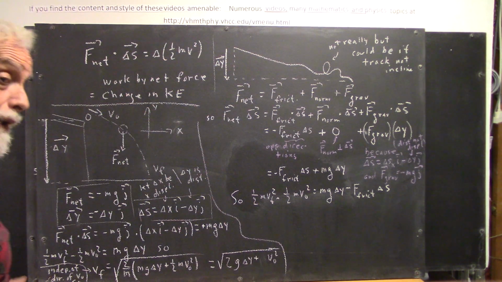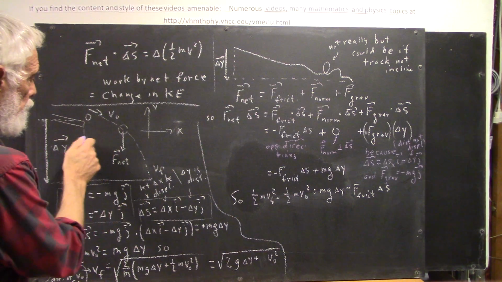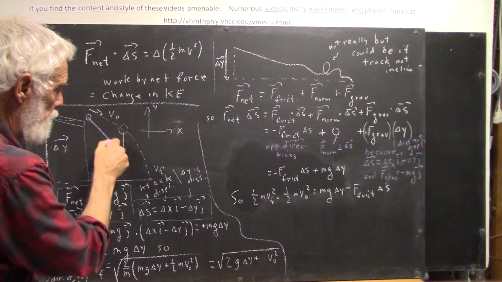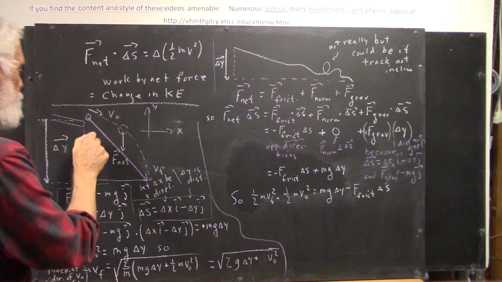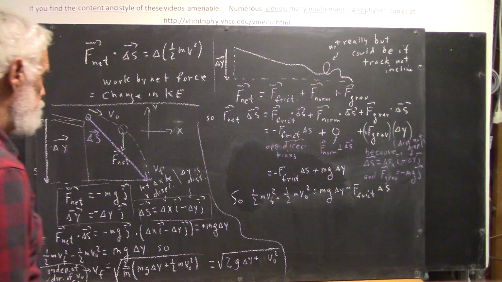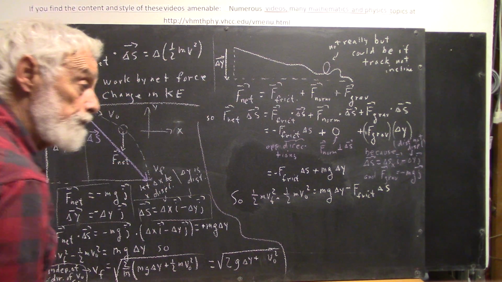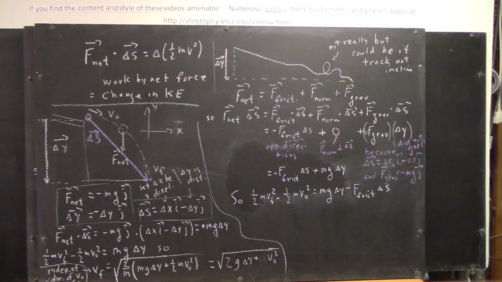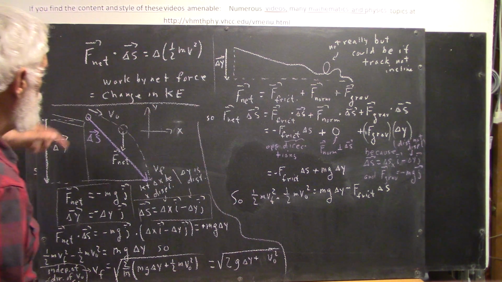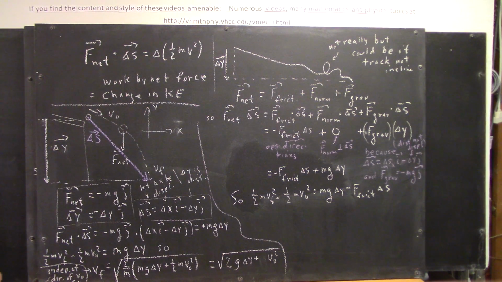Now I'm going to do what I said I didn't want to do. If here's our final position, here's our initial position, then I'm going to superimpose a delta S vector here. And now our F net vector and our delta S vector combine to give us the work. When we do the dot product of F net with delta S, I don't have a lot of room here,